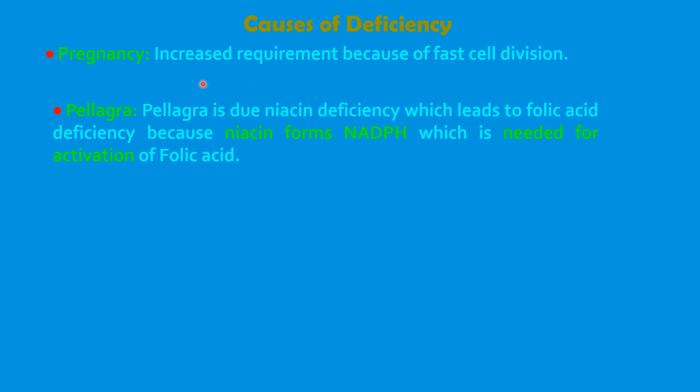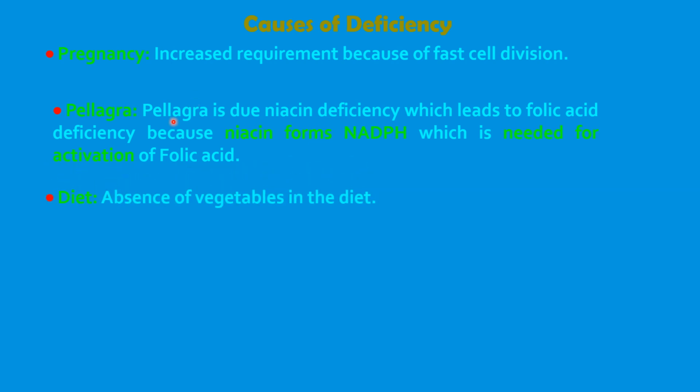Folic acid is important as a methyl donor in the synthesis of purines and pyrimidines, which are used to make DNA and RNA. And in cell division, we have increased production of DNA and RNA for the processes of mitosis, so that the cell can divide. We have a lot of protein synthesis, so we'll be having a lot of transcription and translation, as well as replication of DNA. So there'll be increased requirement of the nucleotides. And this continuous synthesis of nucleotides requires